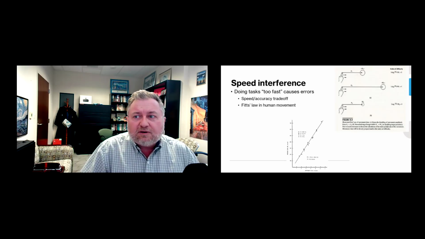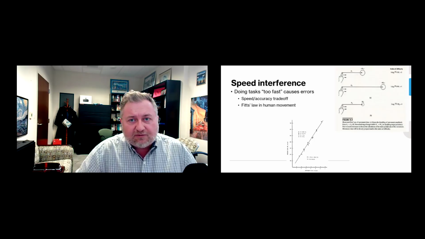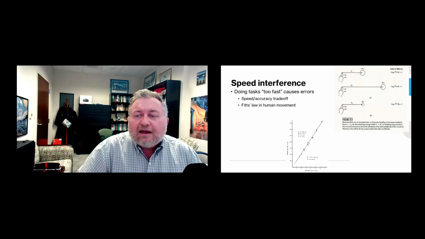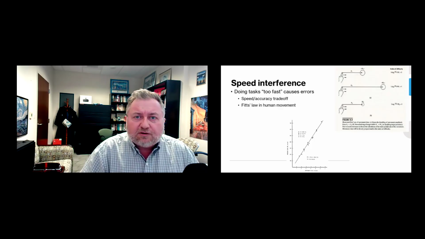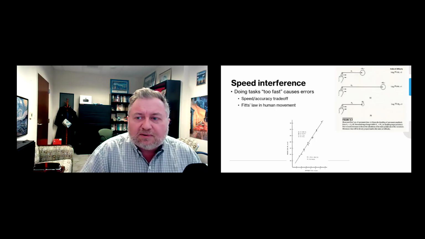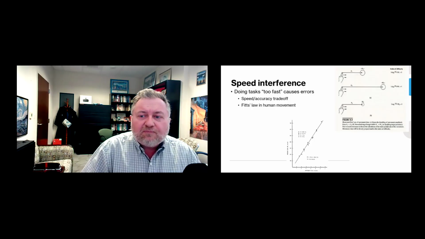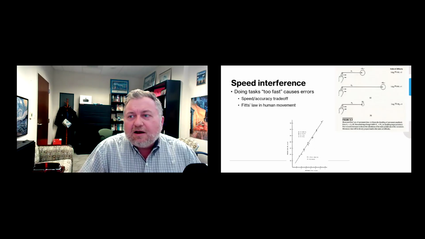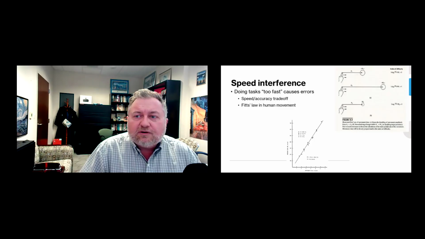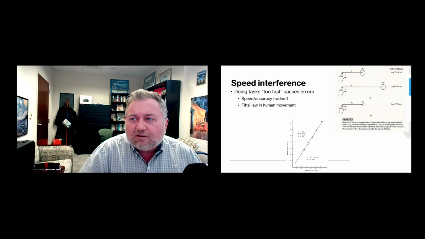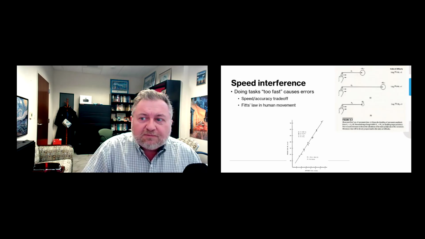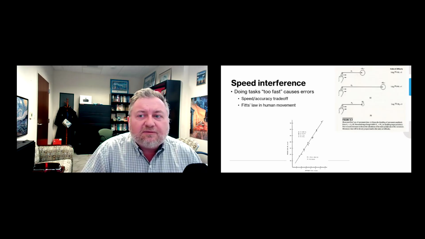A is referred to here as movement amplitude. It's basically the distance your finger has to travel from wherever the starting point is to where that target circle is. And then W refers to the width of our target. W seems a weird way to describe a circle; we think diameter here. But in other versions of the study, they use rectangular targets, so talking about width is a little more obvious there. But it's this ratio of A over W, or as more formally formulated mathematically here, it's the base 2 logarithm of 2A over W, that determines what we call the index of difficulty.